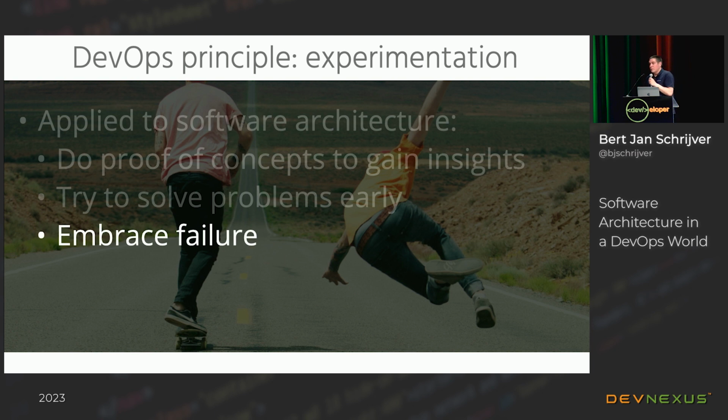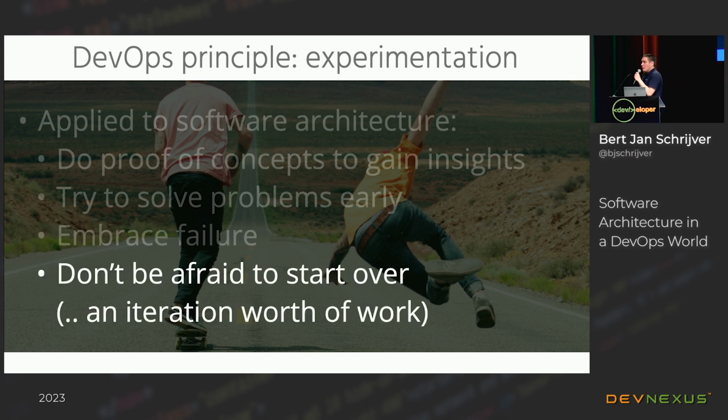And embrace failure. If you can be sure about anything, it's that things are going to break and fail. So be prepared for things to fail and think about how you're going to respond. Think about failure use cases for your system. A typical failure use case is you have an interface with some external system and there's an error there. If the external system gives you a clear error, like an HTTP response code 500 or 4xx, okay, then you know right away what's going wrong. But what if there's a timeout? How does your system respond? Do you have default timeouts set or something else going on? How long is your application going to wait? Are you going to build up queues, go out of memory in the end? So think about those failure scenarios and how you want the system to respond.